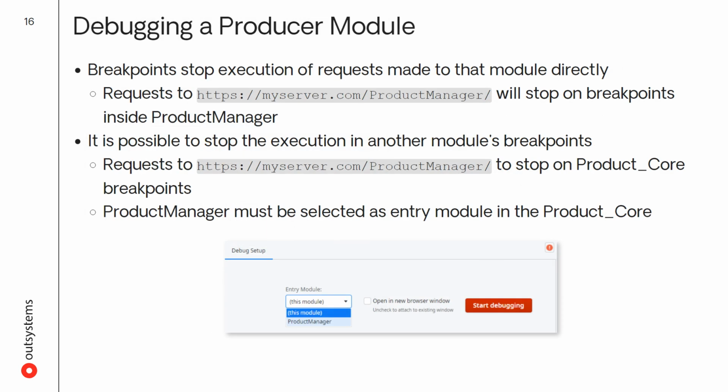By default, breakpoints stop the execution of requests on the module we are in. For instance, if we are debugging a module called Product Manager, any request to that module in the browser will stop on breakpoints of the module. However, applications often have multiple modules, or actually execute code from other modules. When that's the case, the developer should have a look at that code, since it may be affecting the behavior of the application. We can also add breakpoints in that code, but that's not enough to make the